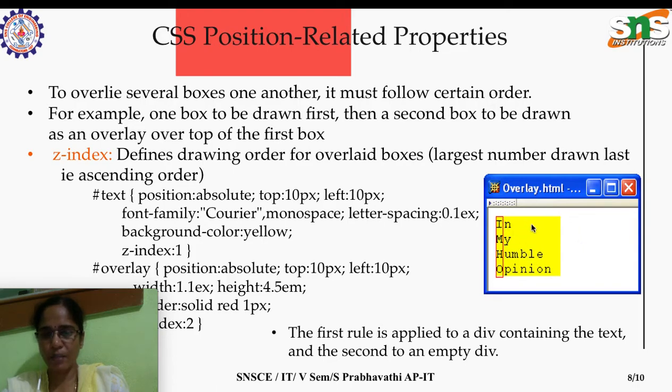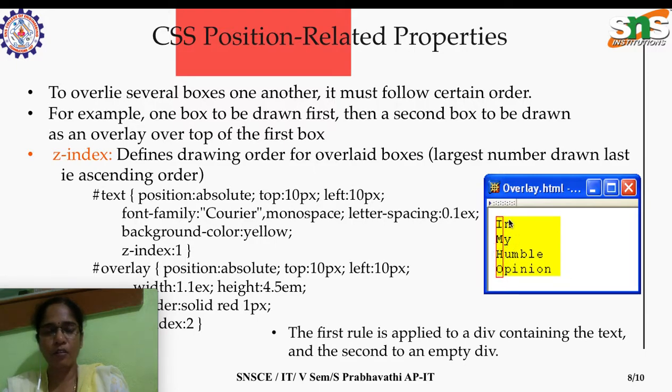There is a yellow background, and in that background there is some text displayed. On top of this background and text there must be one rectangular box, is it not? On top of that there is one more border, which covers all the first letters. So this is one more box.